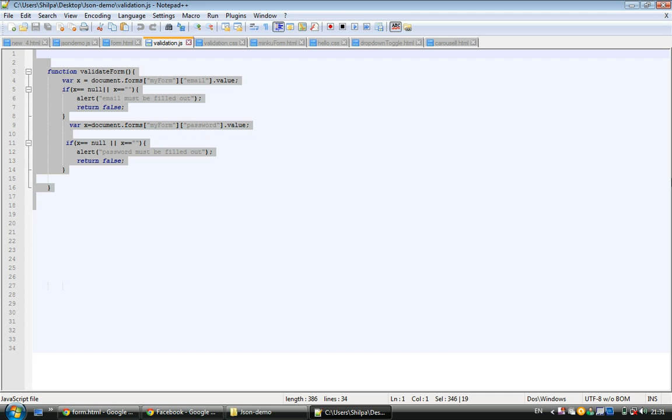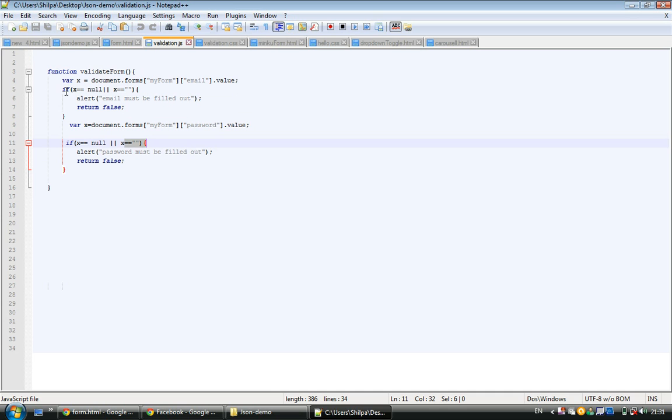In this JavaScript we call the function document.getElementById, dot innerHTML, equal to value. We take a variable x: this is your form name, this is the label, this is the value. If x equals null, empty, a message appears, email must be filled out, which means the alert is on.